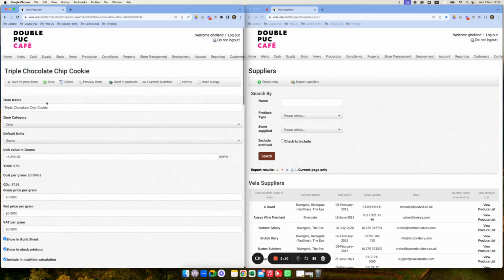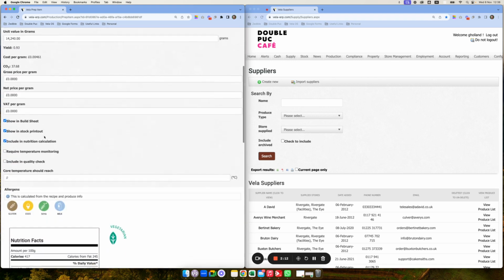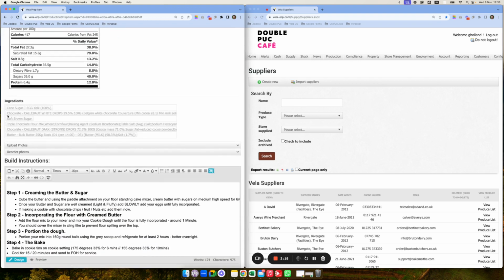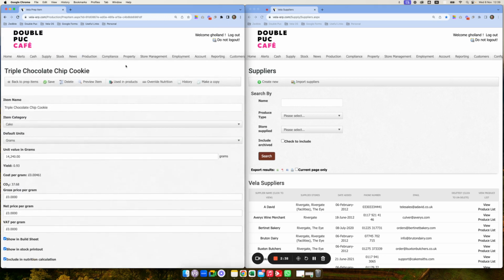So this is a prep item which contains multiple produce items, which in turn either are simple, i.e. cane sugar equals cane sugar, or complex, where chocolate chips, white chocolate chips, contain all of these ingredients within it. So hopefully that's clear. Moving on to a sales product,